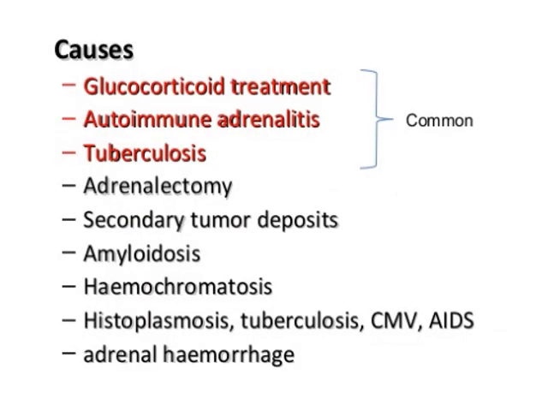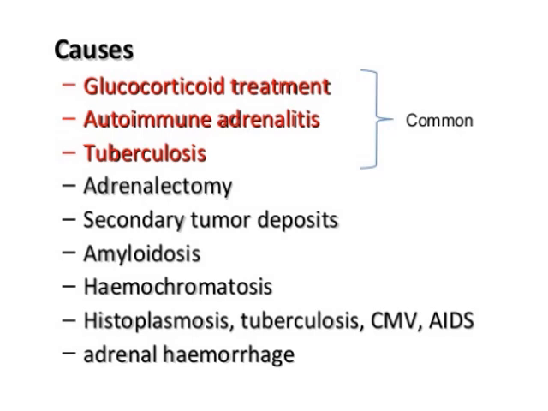There are a lot of causes for this adrenal insufficiency. I will discuss the important and common ones. Glucocorticoid treatment, exogenous intake, results in suppression of the production of steroids from the adrenals. Then autoimmune processes, autoimmune adrenalitis. It can be primary or may be part of other complex disorders known as the autoimmune polyendocrinopathy syndromes. They are of two types, type 1 and type 2, and they result in autoimmune adrenalitis.